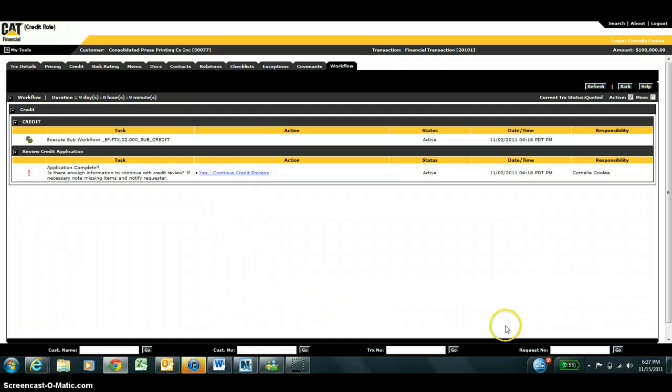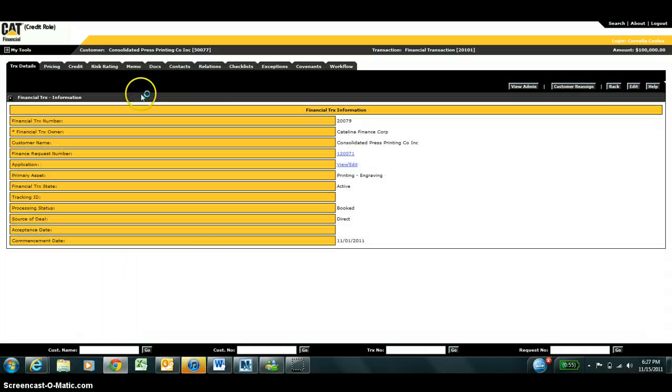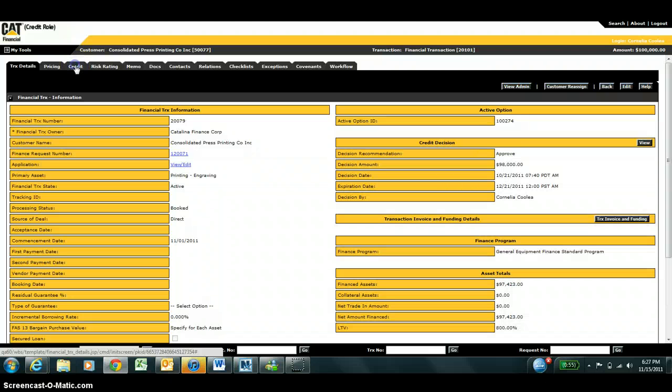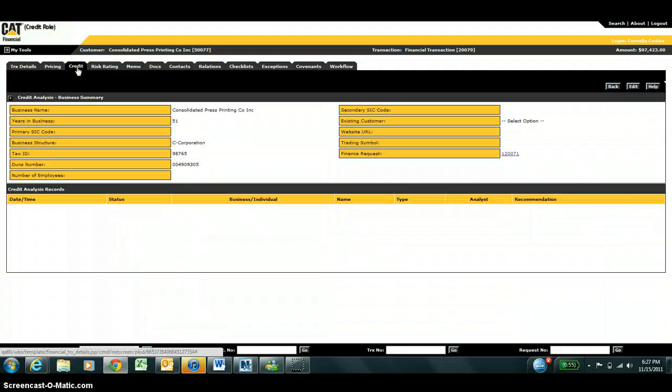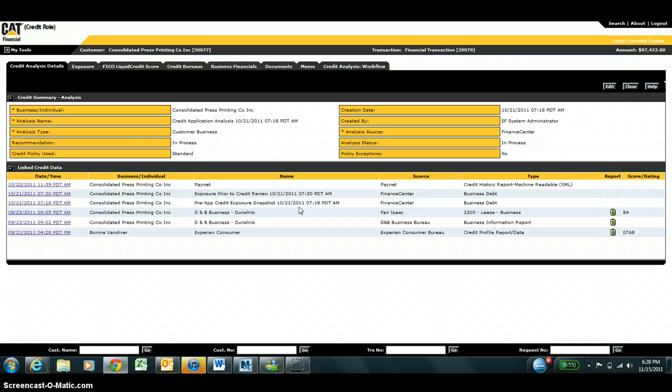One thing that the credit officer is able to do is have a credit analysis created. This can be thought of as similar to an electronic credit file. Typically, I would navigate here by clicking on a to-do link from the to-do tabs, but I'm going to show you manually how to navigate within the transaction. So I loaded up this new transaction, I clicked on the credit tab, and I clicked on the credit analysis. This credit analysis was automatically created, so we are minimizing